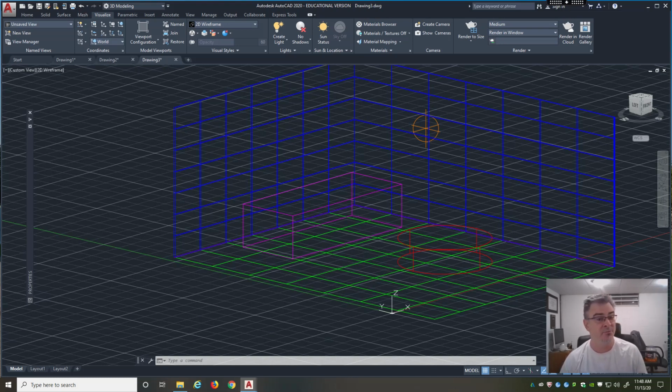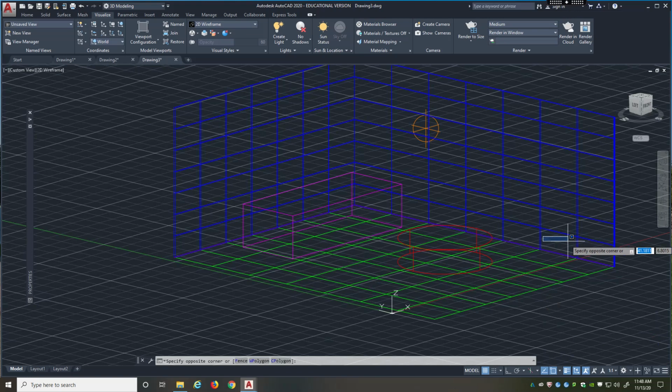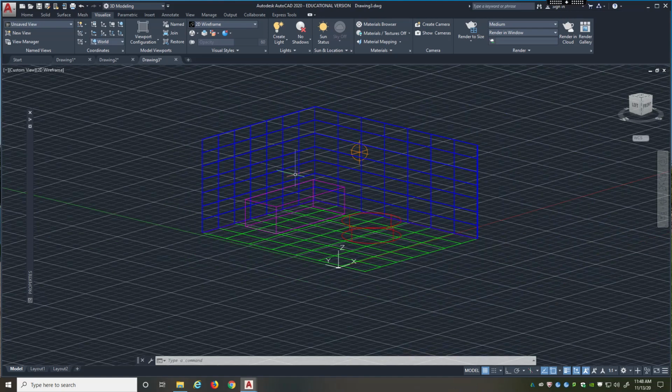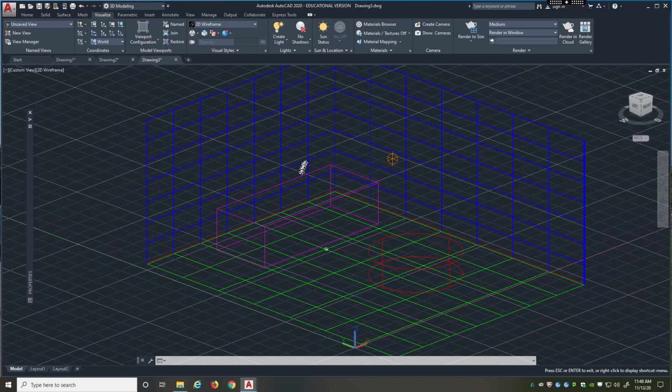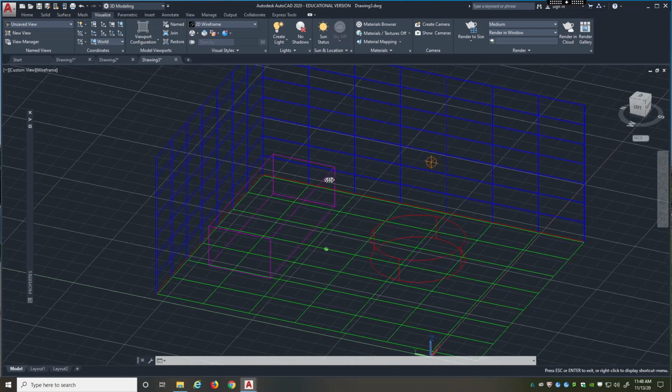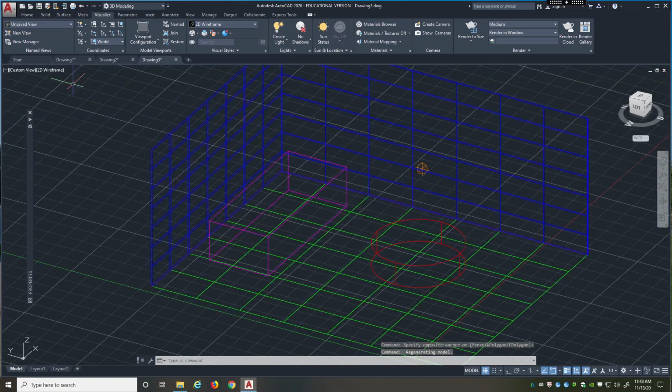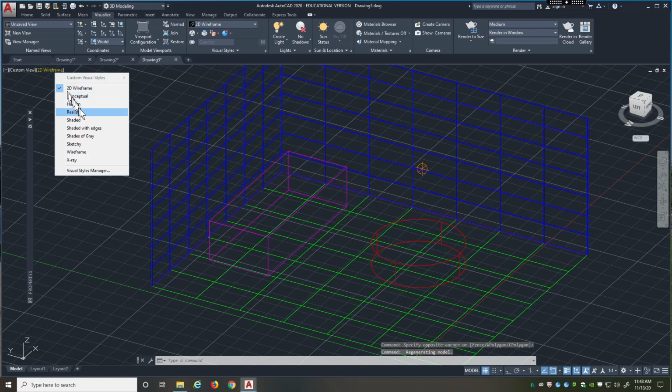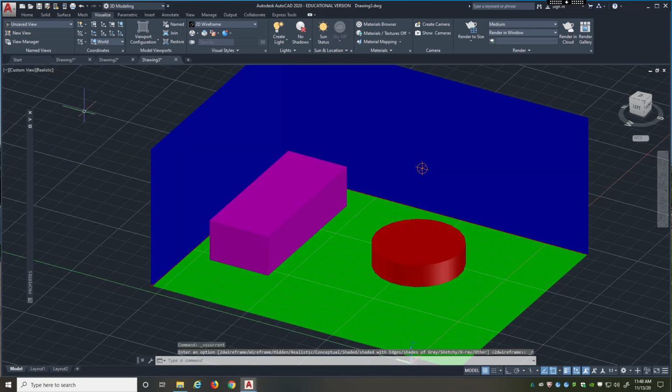So this is the furniture example. Let's go ahead and take a look. Basically, if you open up that drawing, 17-2, that you'll find on Blackboard, this is what you'll get if you turn it 3D. Pretty simple, pretty straightforward. So I'm just going to first click and change this to realistic,